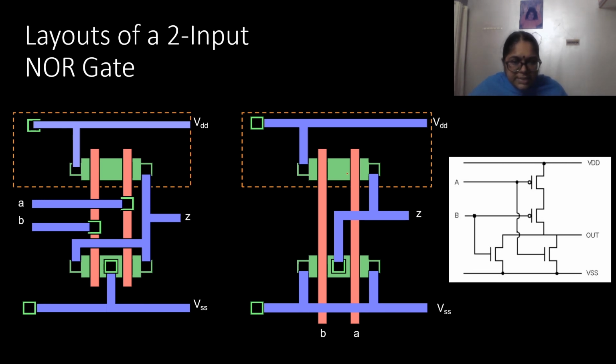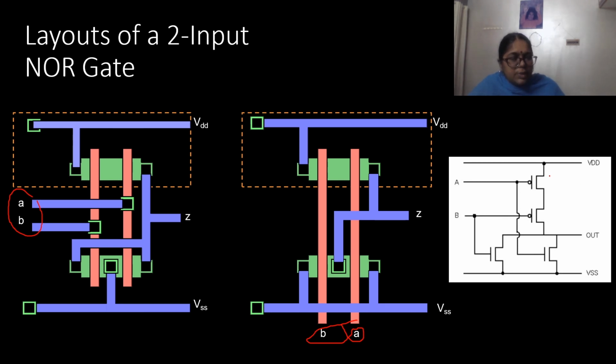So once again, you can see P diffusion and N diffusion drawn horizontally, and then we are making use of 2 polysilicon layers cutting the N diffusion and P diffusion, so that A and B are given as the inputs. You can see in this layout, A and B are given as inputs to the polysilicon directly, but here A and B are given through metal, and output is taken using the metal.